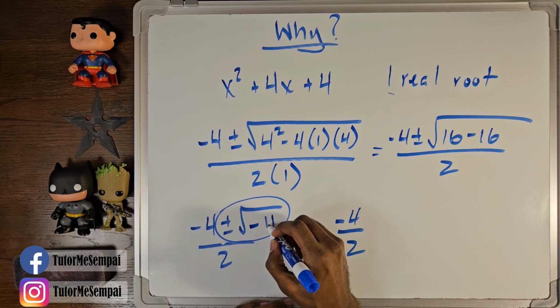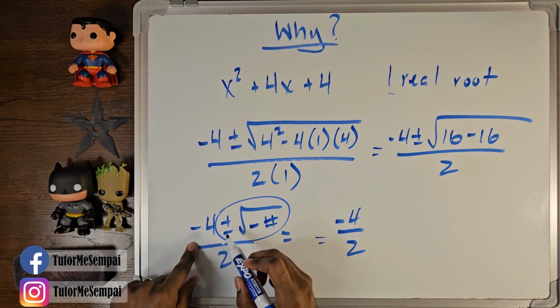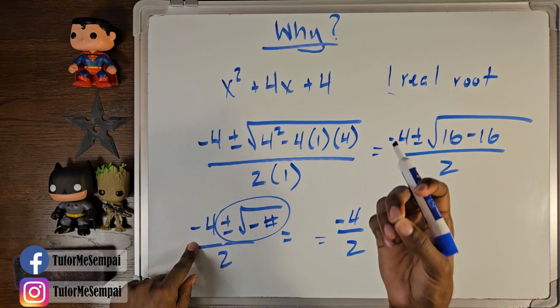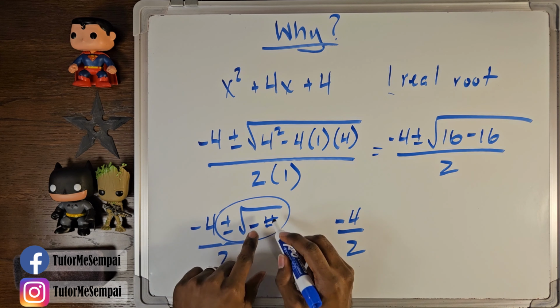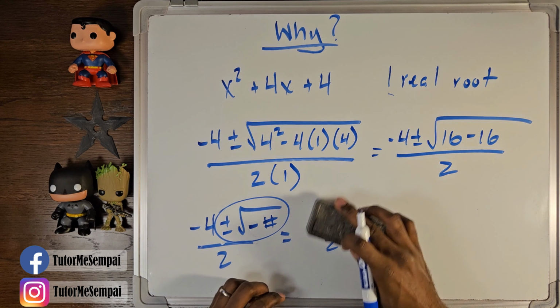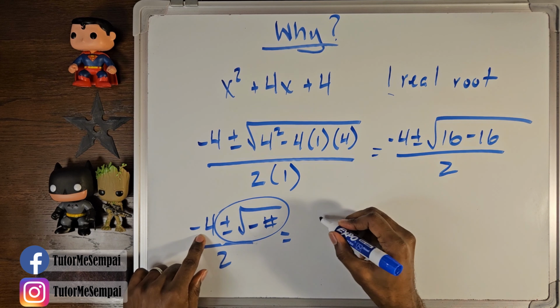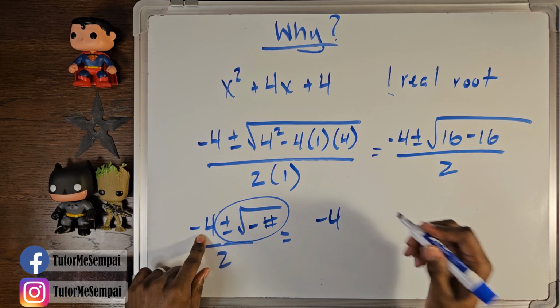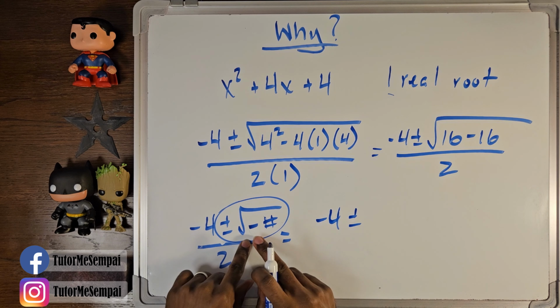So some negative number here. Now this plus or minus means you're going to have two roots. So off the bat, because you have something here, you're going to have two roots. Now this is going to be a real number. Now if you look at that, you have a real number plus or minus something that's going to be a